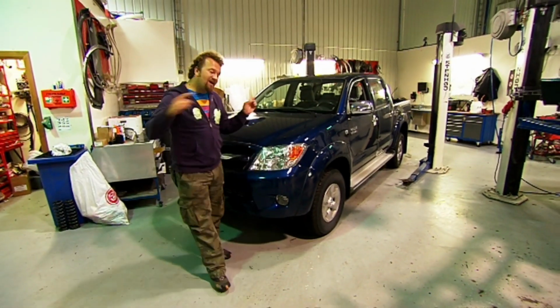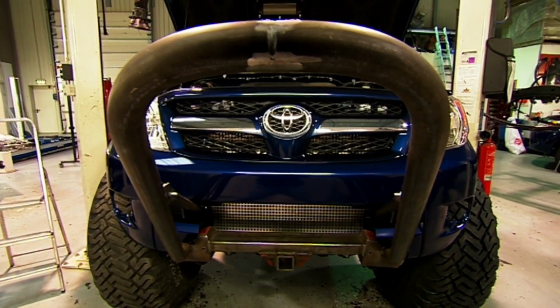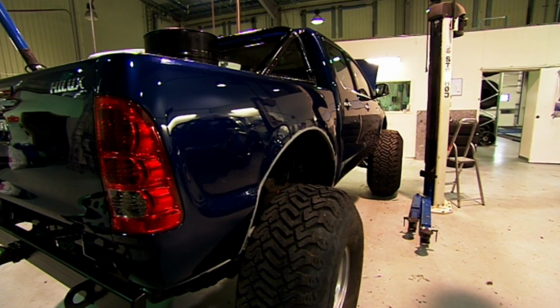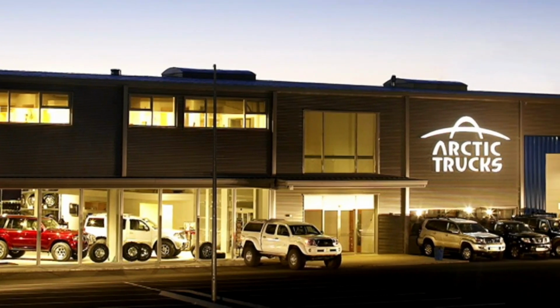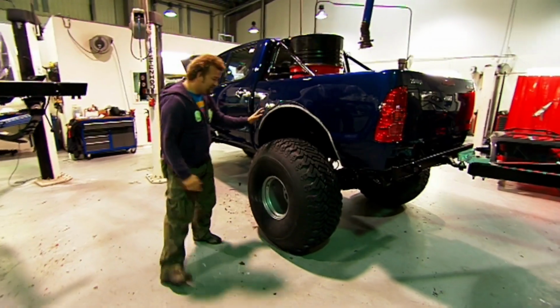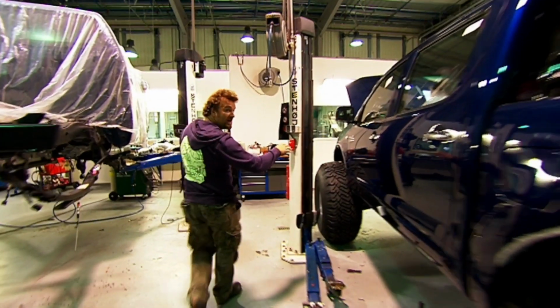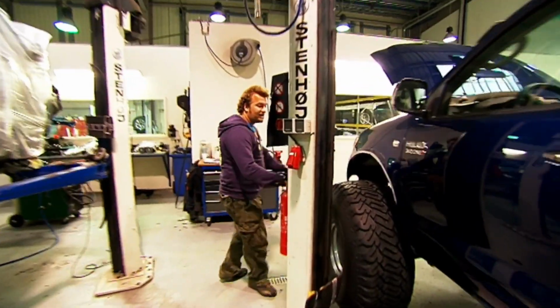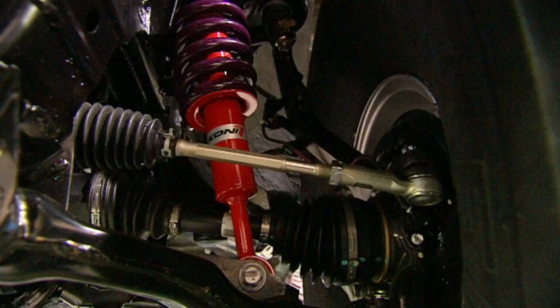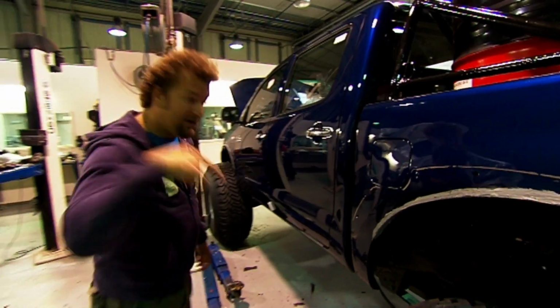This. Well, not so much this. More like that. Welcome to the home of Arctic Trucks, makers of vehicles that go where nothing on wheels has gone before. Now, it's got these 44-inch tyres, which are used for flotation on snow. They've cut away all of the bodywork so that they can still turn the wheels, fitted heavy-duty shocks, and moved all the suspension around. If you come with me under here...